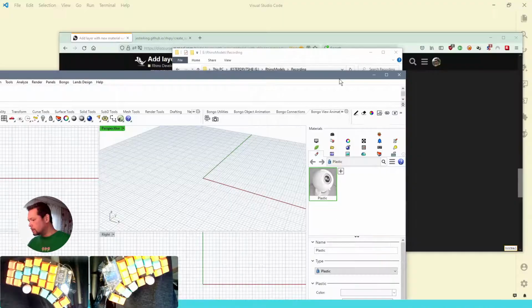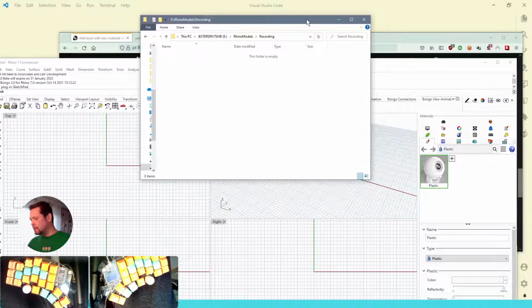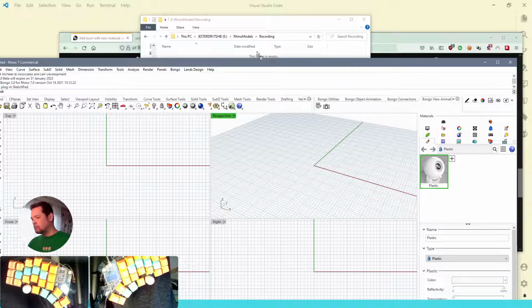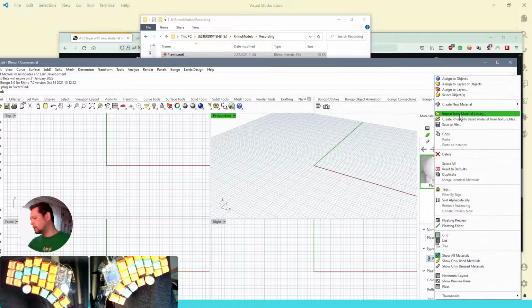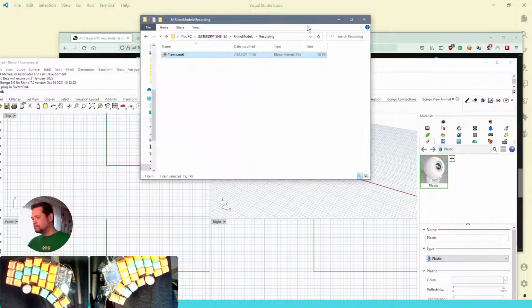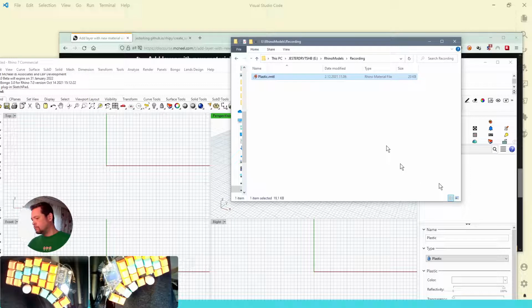I'm going to save this material as a file just by dragging and dropping. I could also right click and save to file. Anyway, I now have the plastic material saved as an RMTL file, and this file I'm going to open